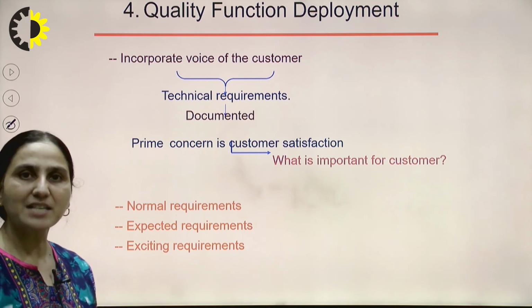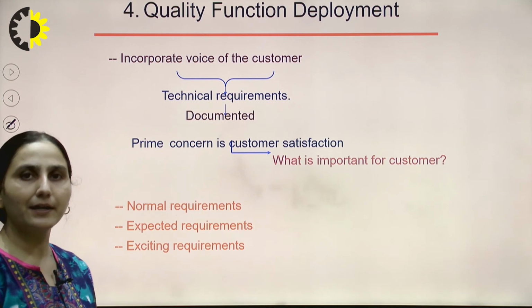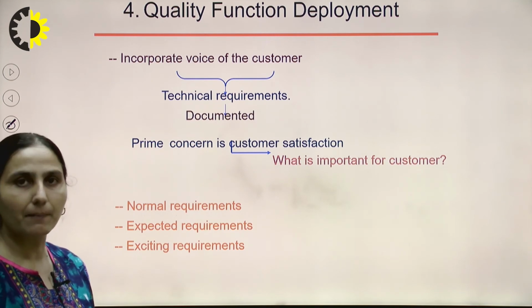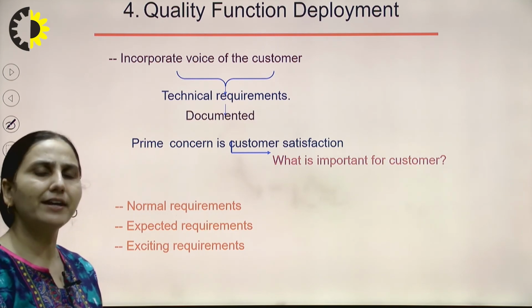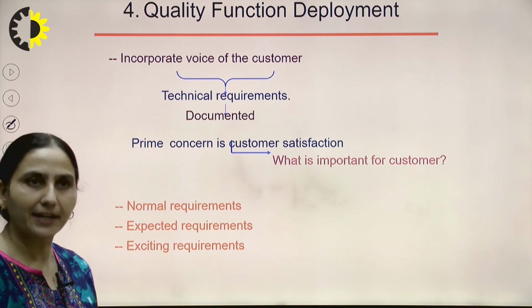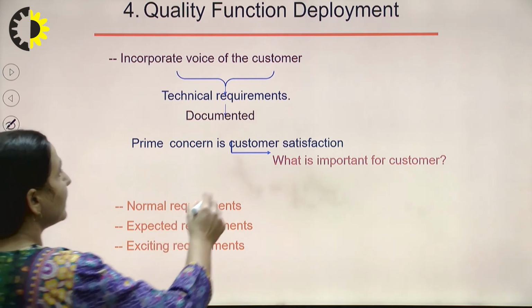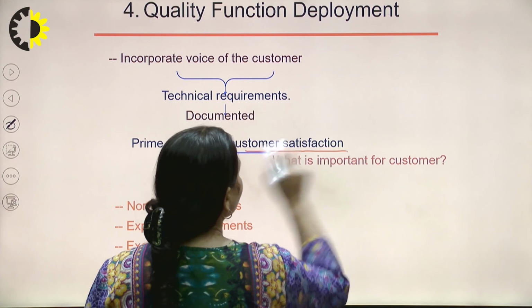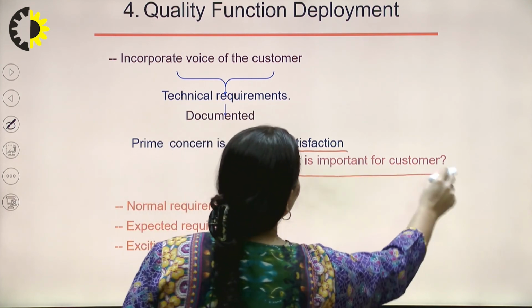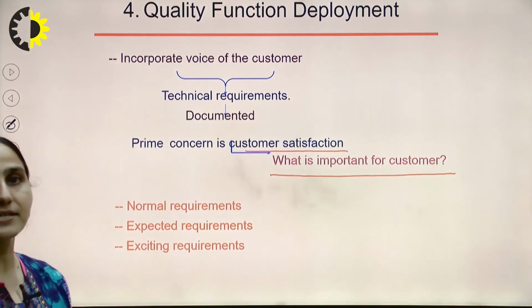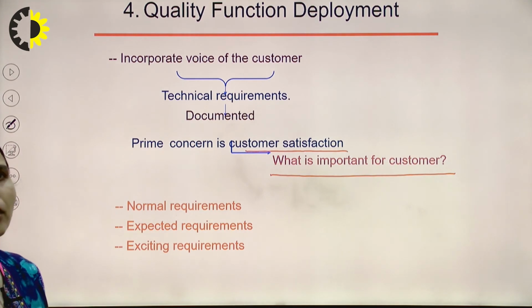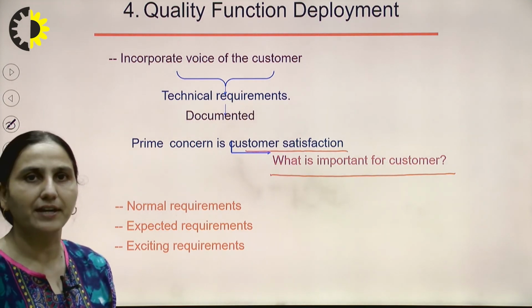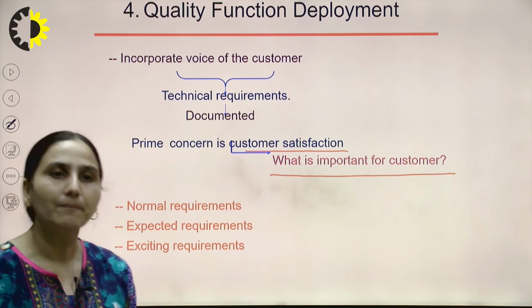Because sometimes it has been said that whatever software the developer is developing, the customer is not at all satisfied with the end product which they are getting. So the prime concern is the satisfaction of the customer, which is the most important. Until and unless the customer is satisfied, even the developer will not be feeling happy that the customer is not satisfied with the end product that we are going to deliver.